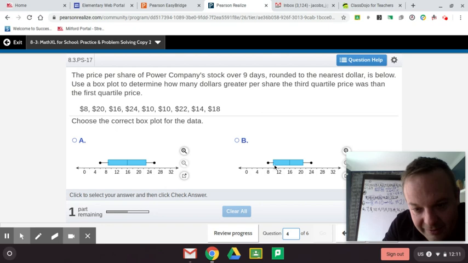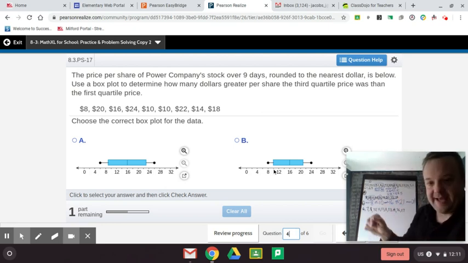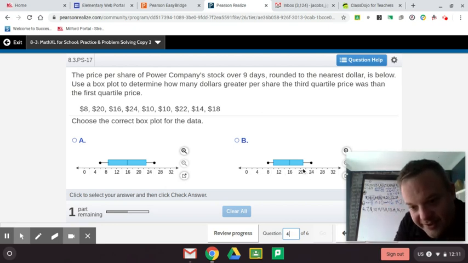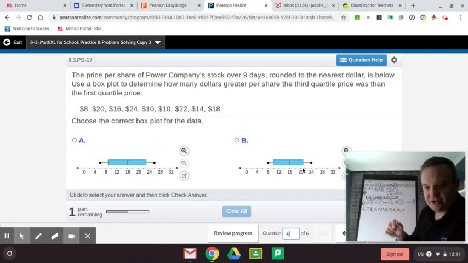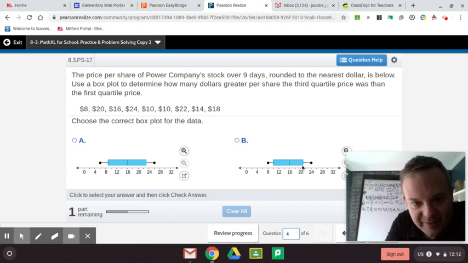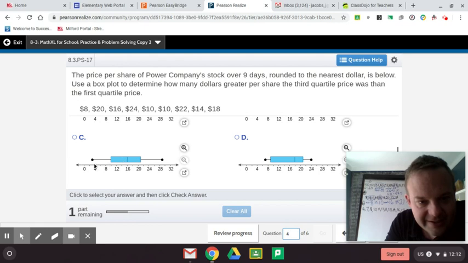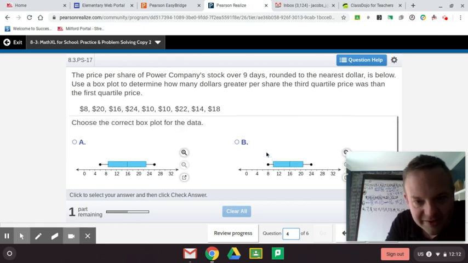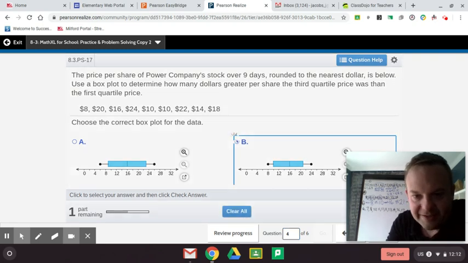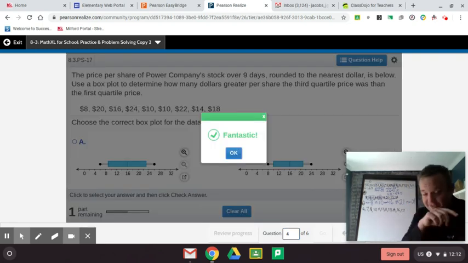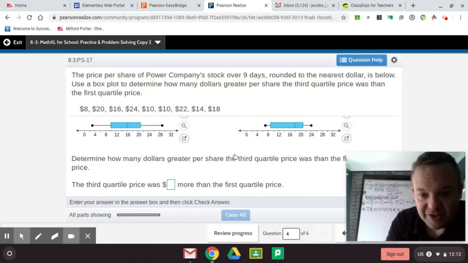And right here, it looks like these intervals are going by 2s. So this is 10. Yeah, 10. Ooh, it's getting exciting, guys. And this third one is 21. Oh, I think it might be B. Yeah, this minimum is not right, and this minimum is not right. So it's definitely B. Now they want us to do the third quartile minus the first quartile, which is essentially